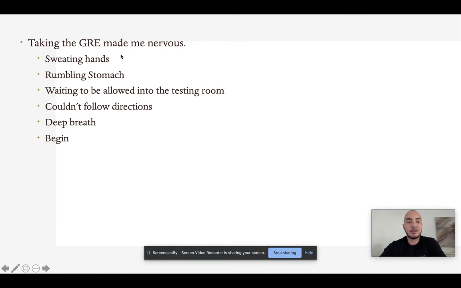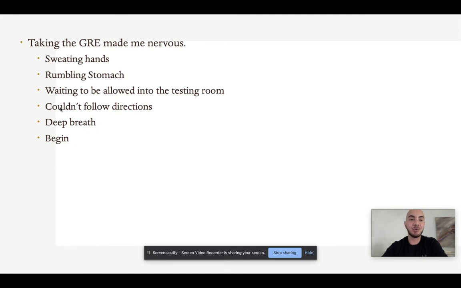Some of the supporting details are things like sweating hands or a rumbling stomach. Also, the narrative of waiting to be allowed into the testing room. Sometimes when you're waiting for something and it's not happening, it builds a little bit more tension or a little bit more anxiety. The example that it was difficult to follow directions. Take in a deep breath, and then finally this last piece sort of gets into the closing sentence where we